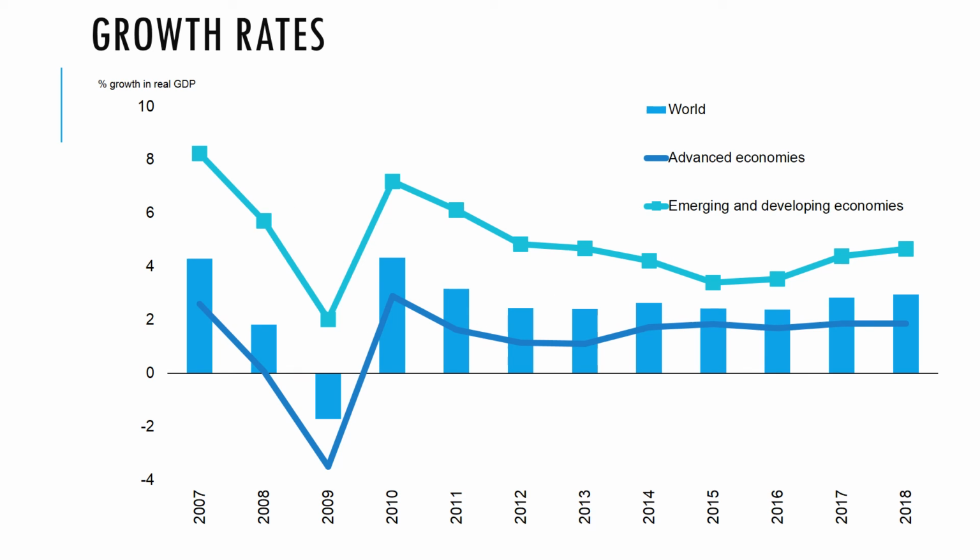So how does that compare with the growth rates of emerging economies? Well, here we're looking at the same data, but the green line shows us the rates of growth for emerging and developing economies. And what we can see is the long-term trend is around 5%. So what this is telling us is they've got a much faster, much higher rate of economic growth. The level of output within these economies is growing much more significantly and has been doing for the past 10 years. And so this will have implications for how their economy is performing and also for businesses choosing where to locate and the process of globalization.